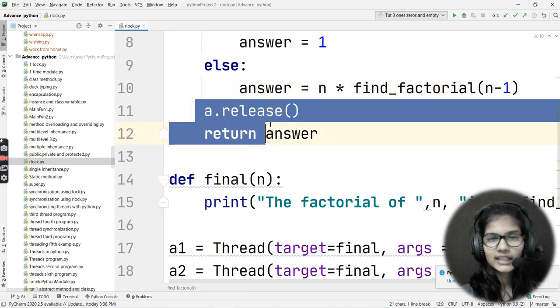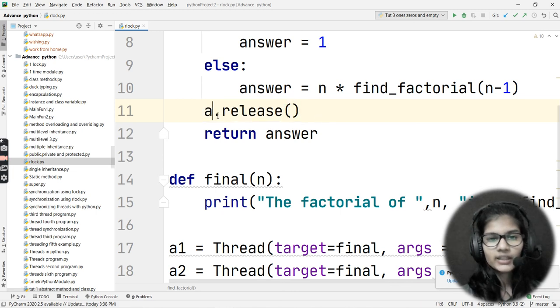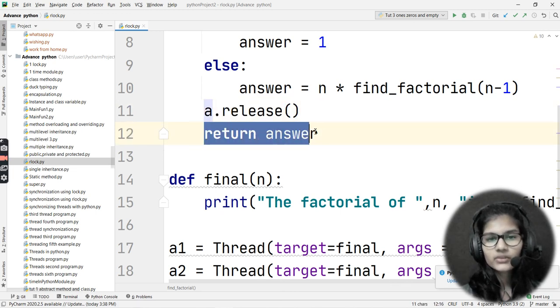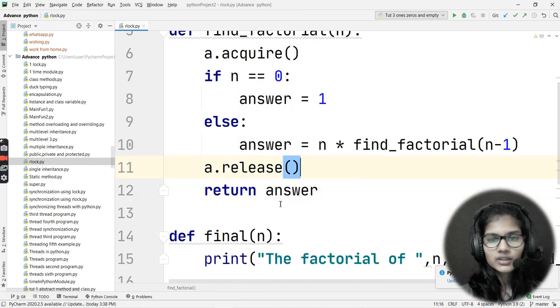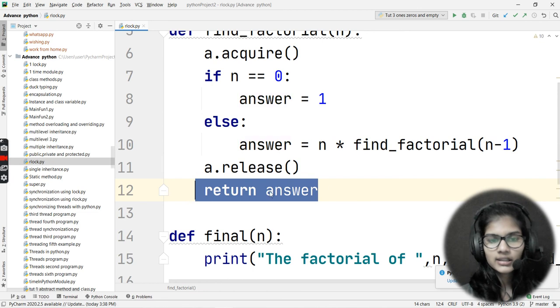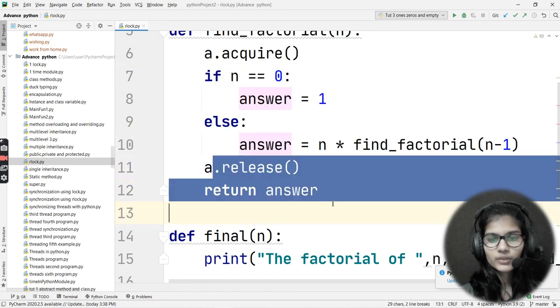Then I write a.release, where a is the RLock. And simply I return the answer. I do not want to write return answer again and again, so I wrote this return answer outside, so whichever condition is satisfied, it will come to this particular part.